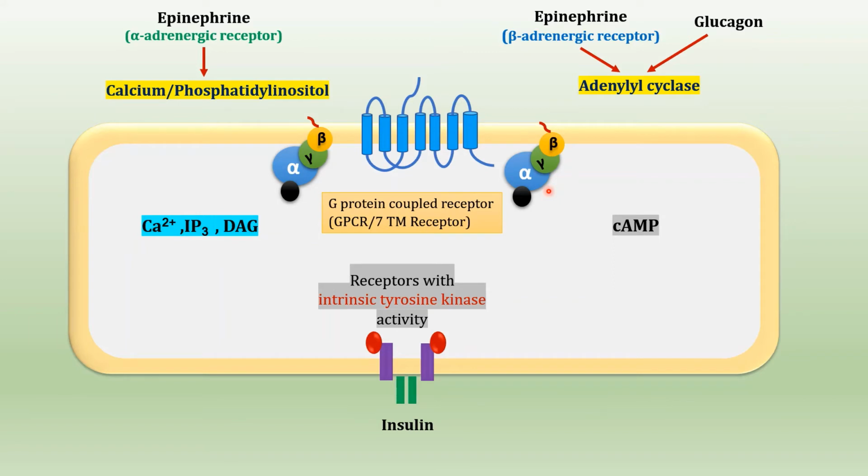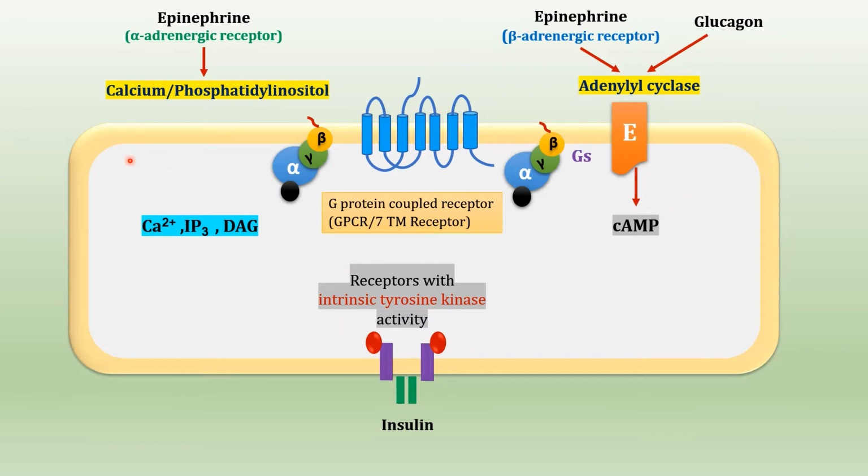When the receptor is not bound by hormone, this G protein remains inactive and separate from the receptor. And when the hormone is bound to this receptor, there is transmission of signal to this G protein, GDP is exchanged with GTP, and this G protein will ultimately activate the effector. The G protein which is involved in this pathway is called GS protein. And the effector which is involved in the adenylyl cyclase pathway is adenylyl cyclase itself. Through this adenylyl cyclase, there is formation of cyclic AMP, which is the second messenger in this pathway.